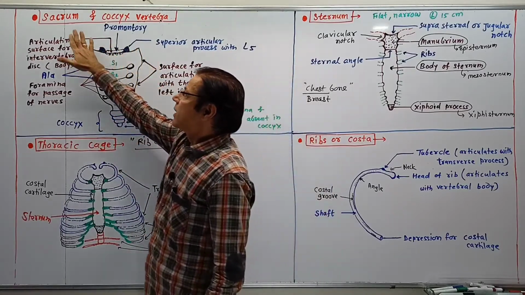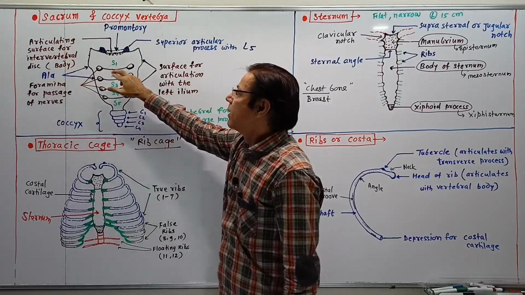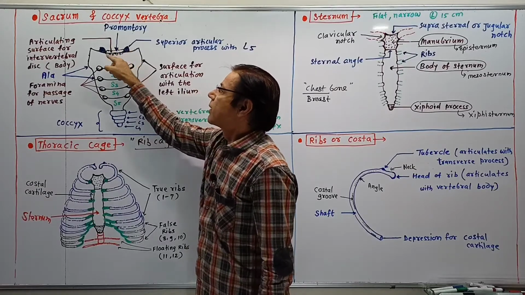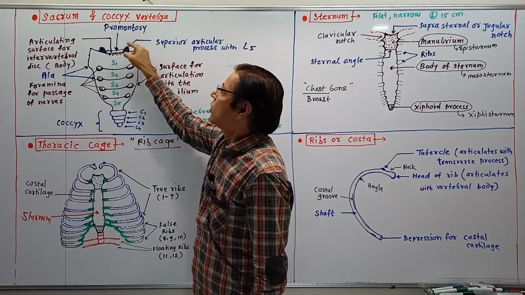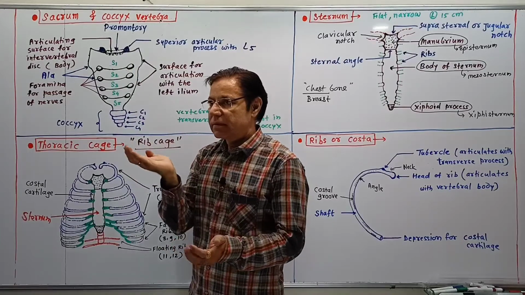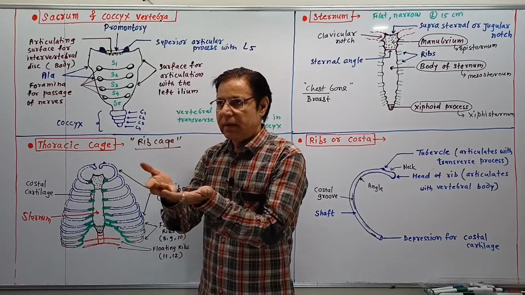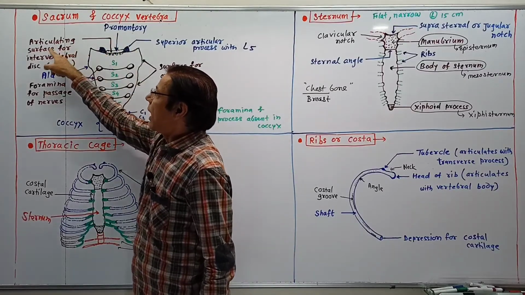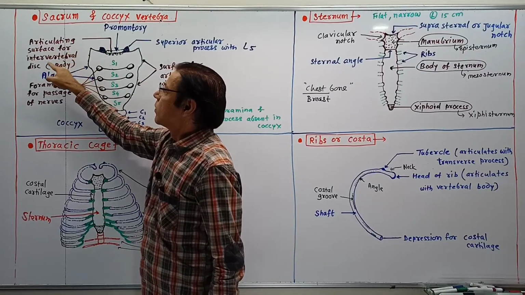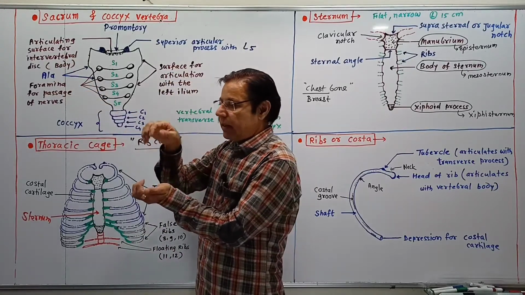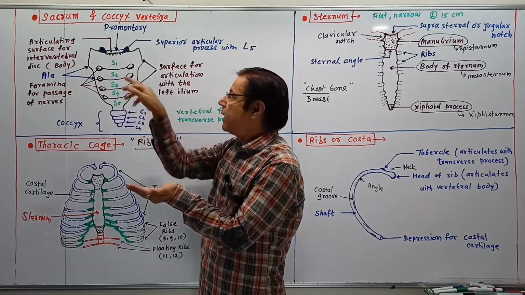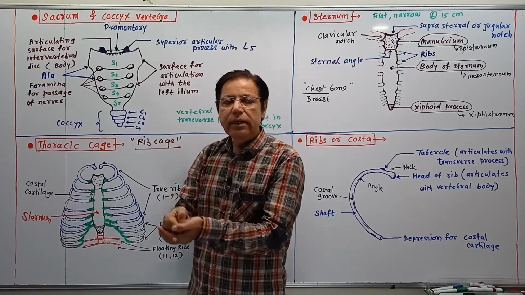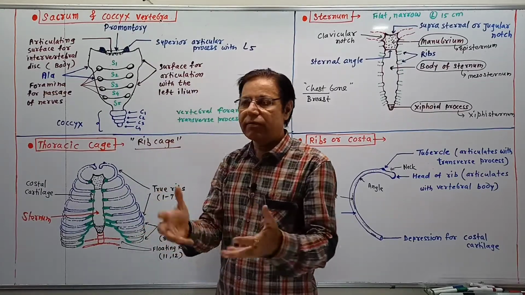Now we will study about sacrum. Sacrum has, at the upper anterior side, a promontory. It is a somewhat depression-like massive structure which is used as an articulating surface for the intervertebral disc. In between lumbar 5 and the promontory of the sacrum, there is an intervertebral disc which is made up of fibrous